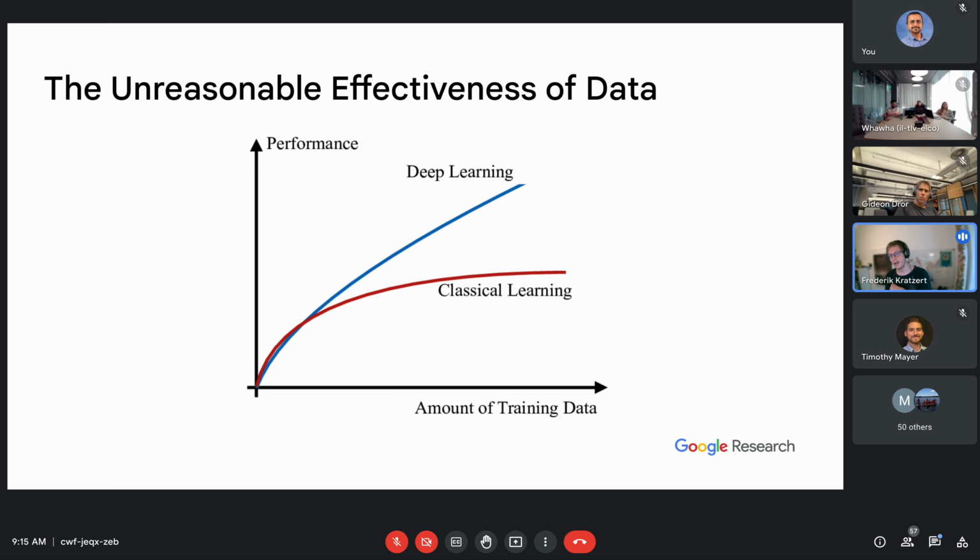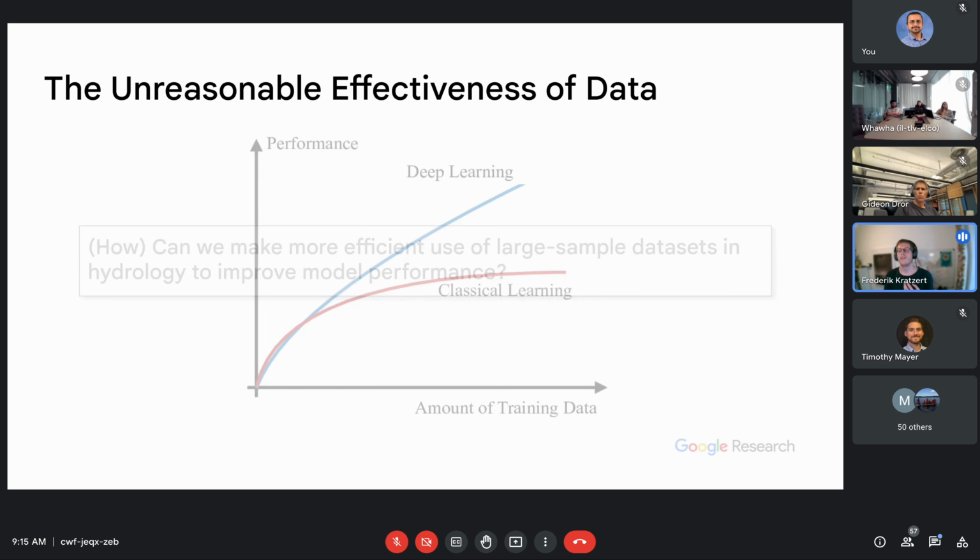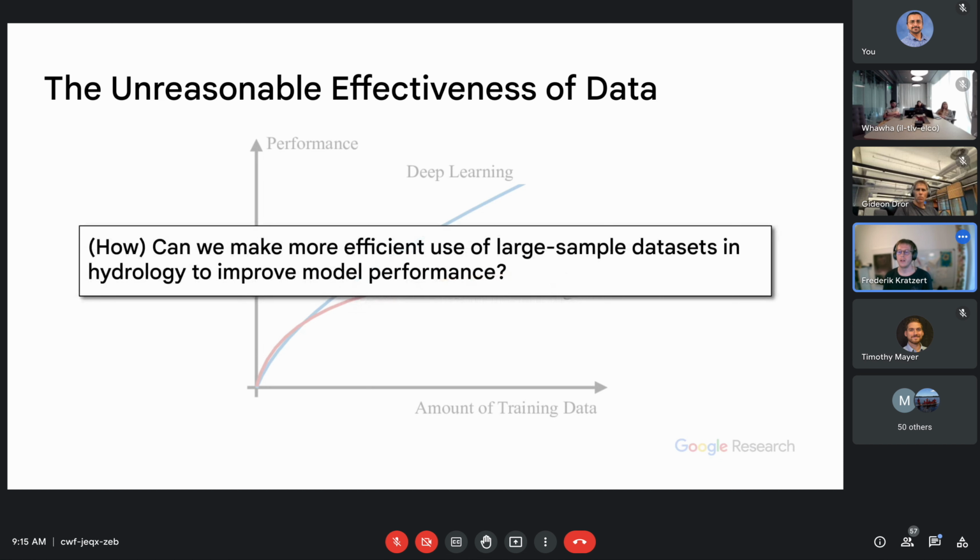So the question that I asked myself, at the end of my master's and then at the beginning of my PhD, is how can we make efficient use of data in hydrology with the ultimate goal of building better models? And the question is, can we use deep learning models in hydrology and see the same trends, that if we train regional models, we get better than single basin models?